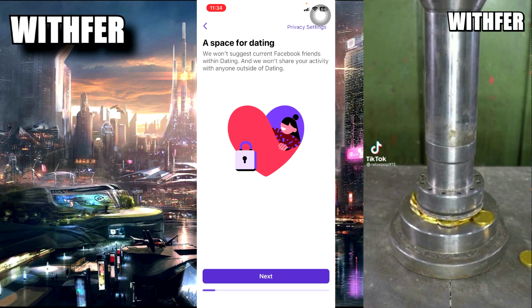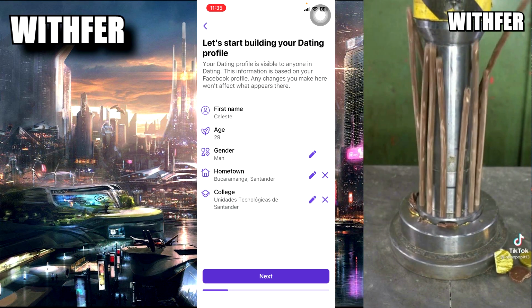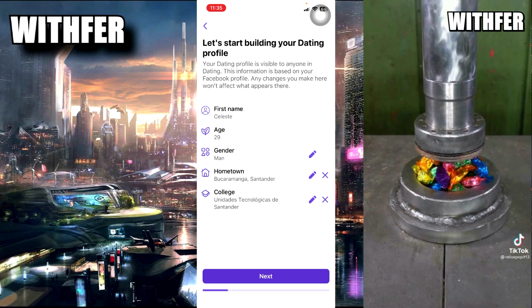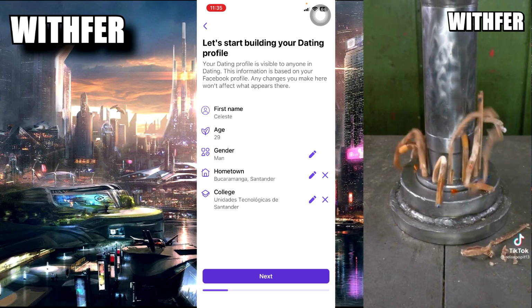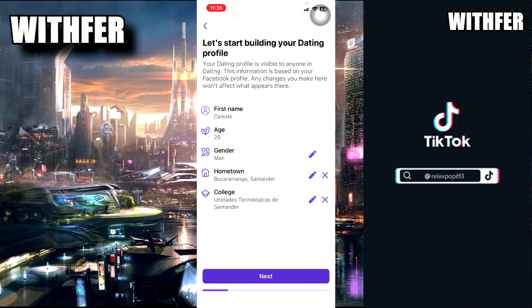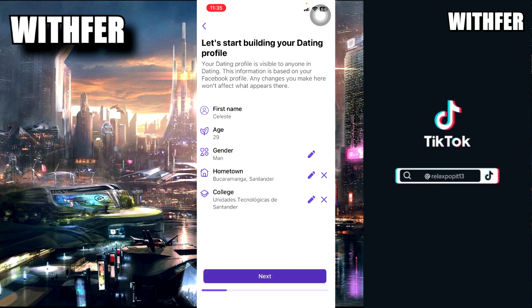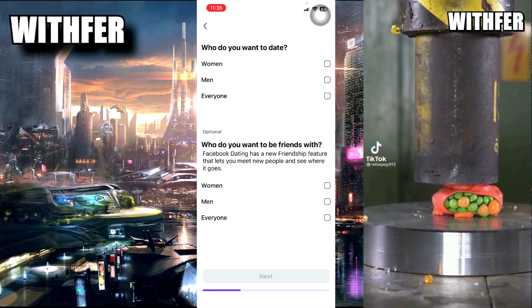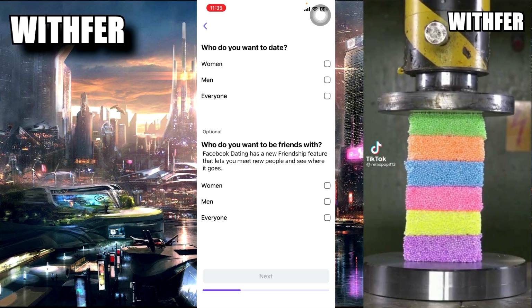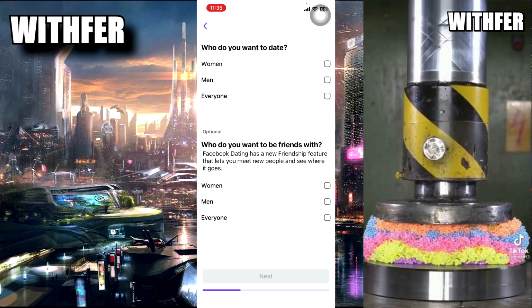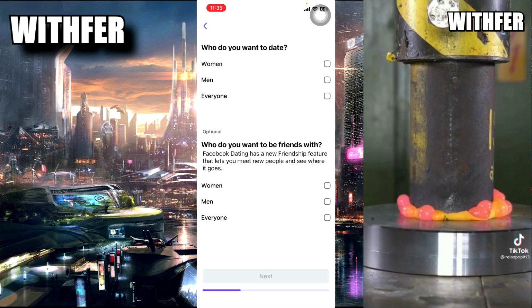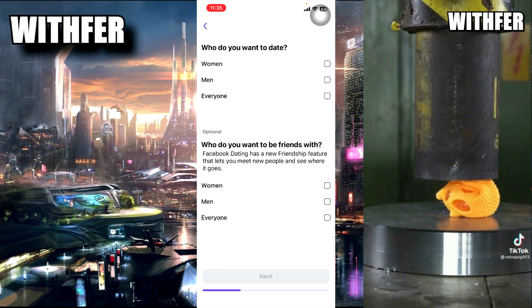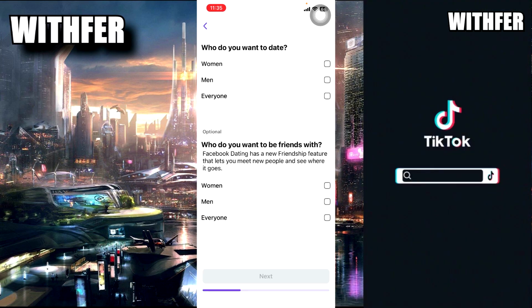and make these settings. Make your profile, for example your name, your age, your gender, your location, your address. Okay, your city, no more. And then you need to say what you want today: woman, man, everyone. If you want to make friends, or if you want to get a girlfriend or boyfriend, set it here. And what do you want, to be friends? Maybe here. Okay, and this is all.